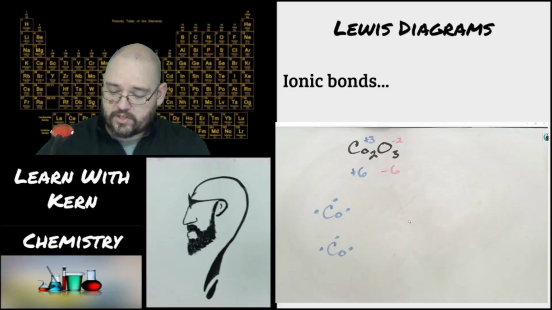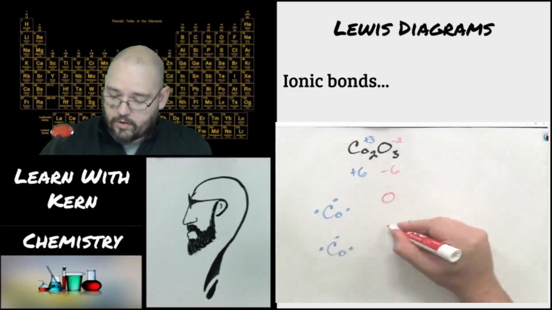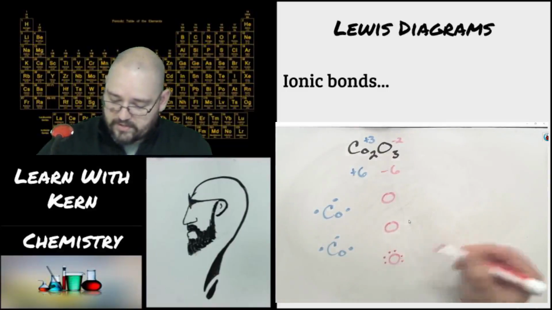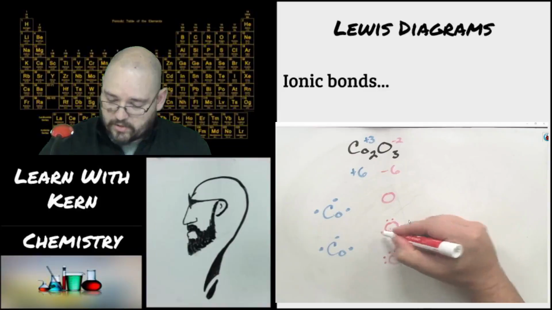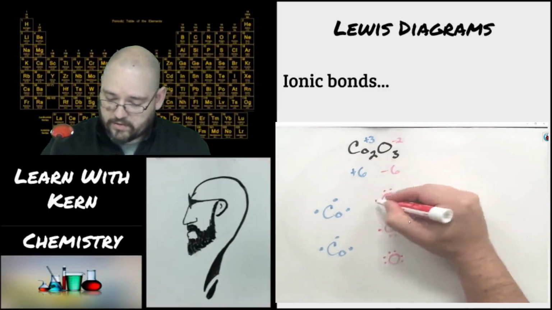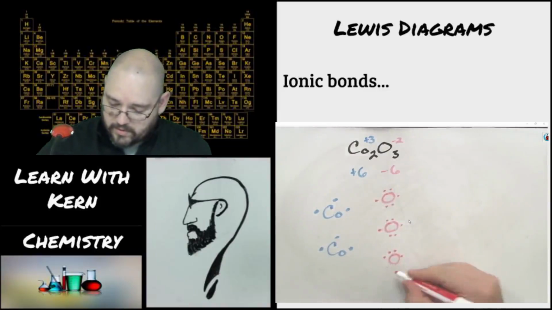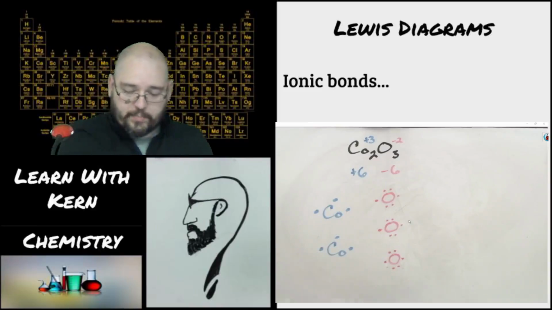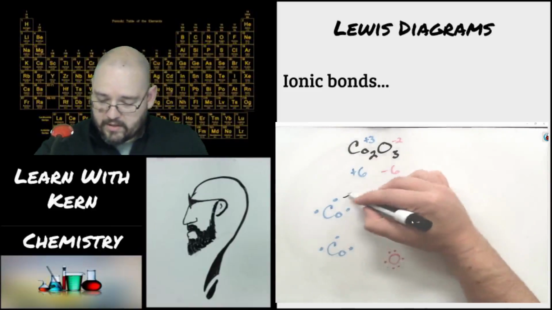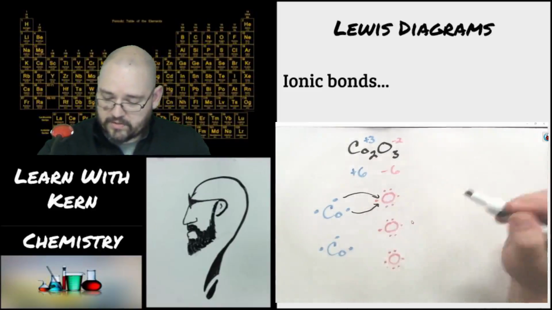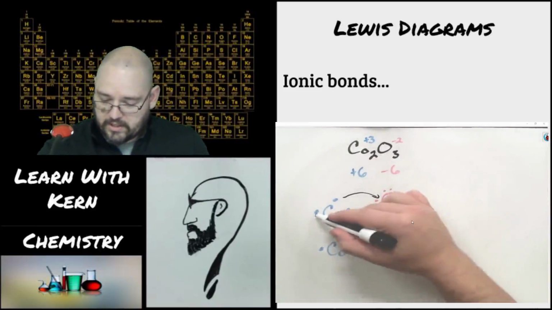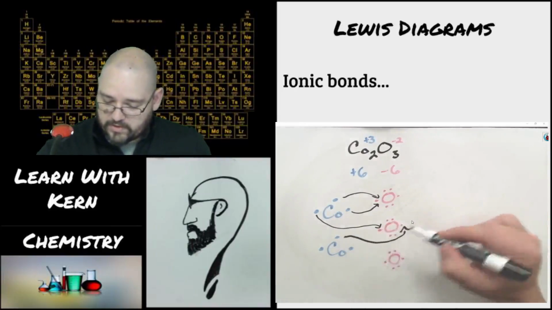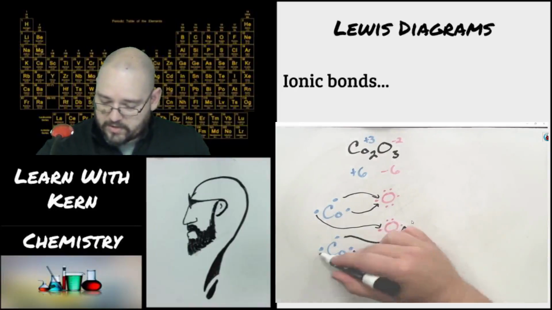And then of course my oxygens, I have 3 of them, and all 3 of my oxygens are going to have their 6 valence electrons. And let me draw these ones the way I draw all of the others. So let me take those away and make that the way I normally do it. Okay, so it looks familiar to you. So what's going to happen is I'm going to get an electron from this cobalt, an electron from this cobalt are going to go over here to this oxygen, and then that oxygen is going to get 1 from this cobalt and 1 from this cobalt, and then this cobalt's going to give up the others,